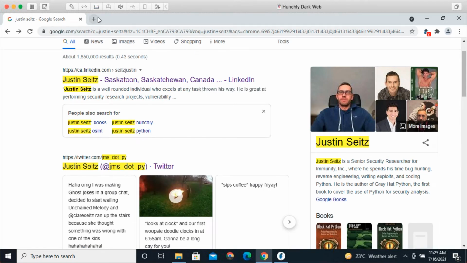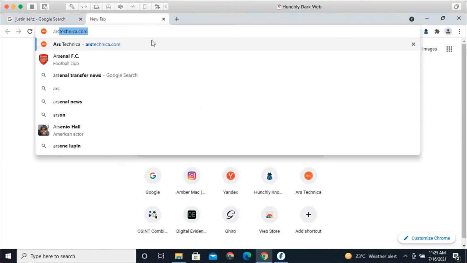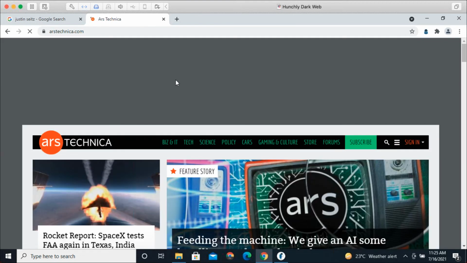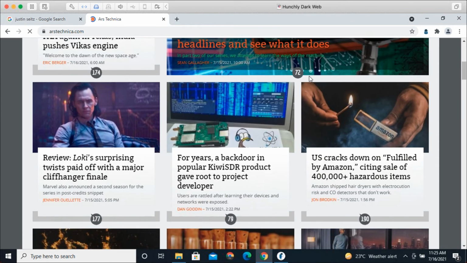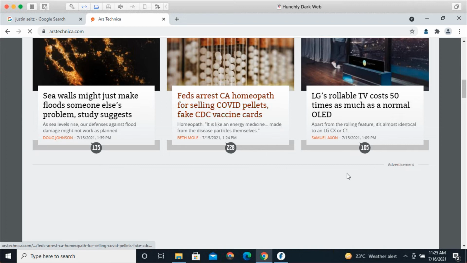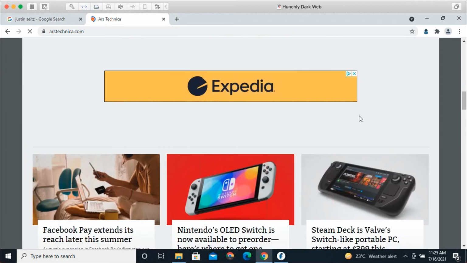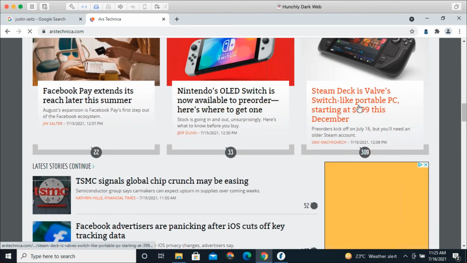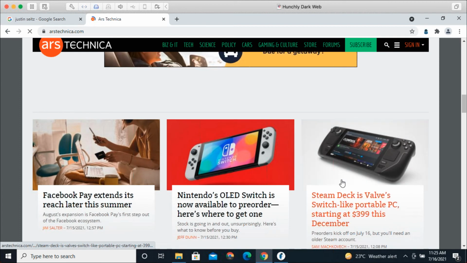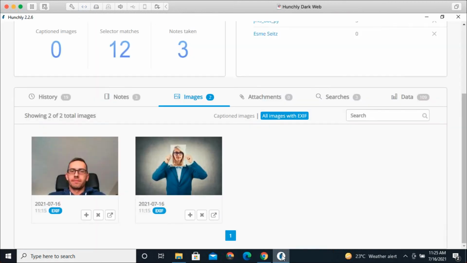And if you're ever looking for a good test site to make sure it's working, go to arstechnica.com. Fantastic outlet for tech and gaming news and all kinds of nerdy stuff. But ours has a ton of metadata. Oh man, the Steam Deck, this looks so great. All right, anyway, if we just wait for a second here, unless they're going to make liars out of me today,